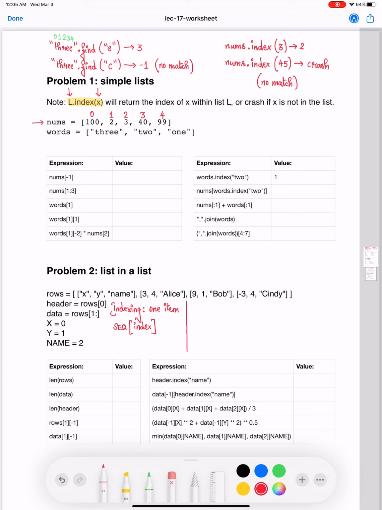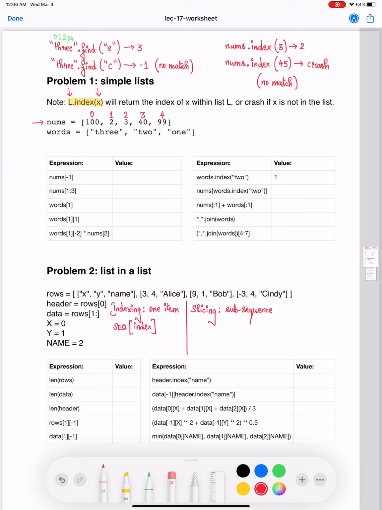Slicing is going to enable us to extract a subsequence from the original sequence of items. Whenever you slice a sequence, you're going to get a subsequence of the same sequence type.